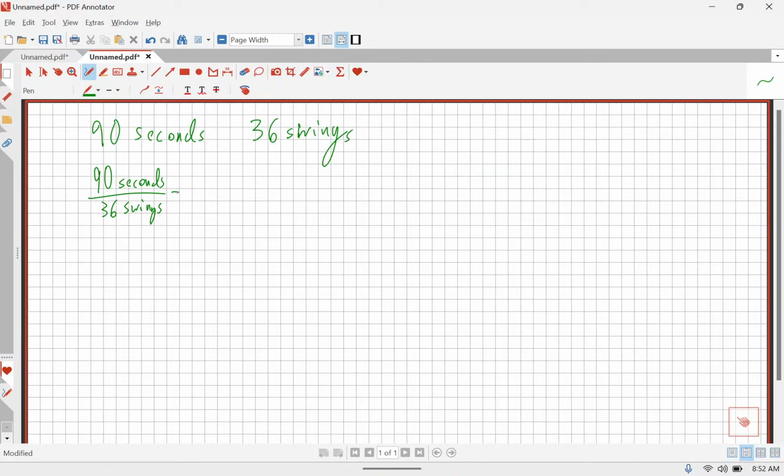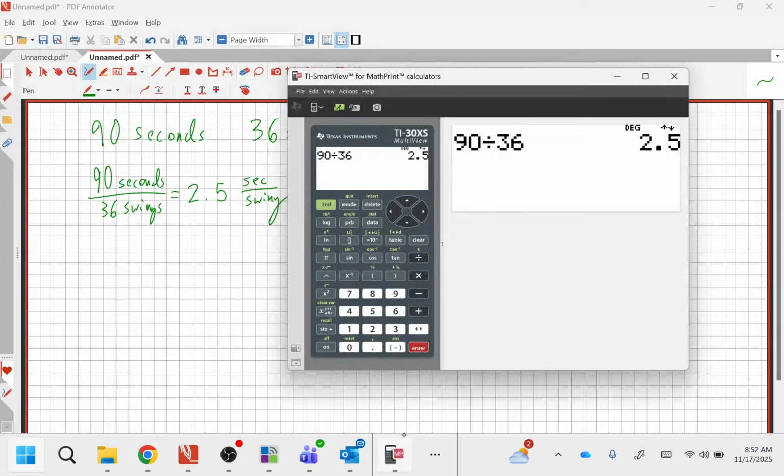90 divided by 36 is 2.5. That is 2.5 seconds per swing. Now, the other question was, how many swings could he get in 150 seconds? So, Emanuela, what would I do with 2.5 seconds per swing and 150 seconds to make that work? Beautiful. 150 seconds, and we're going to divide that by 2.5 seconds per swing. And you're going to see that the units do something here. 150 divided by 2.5